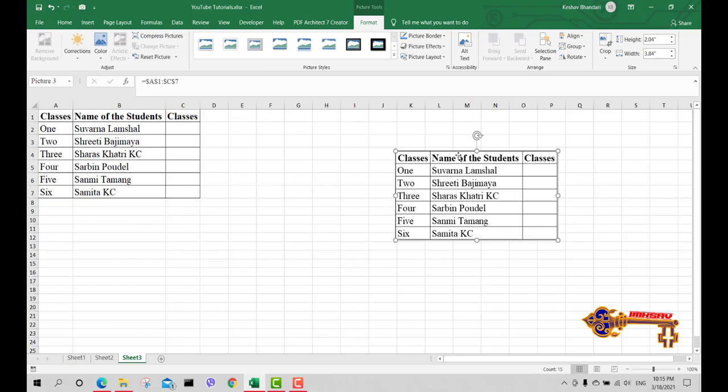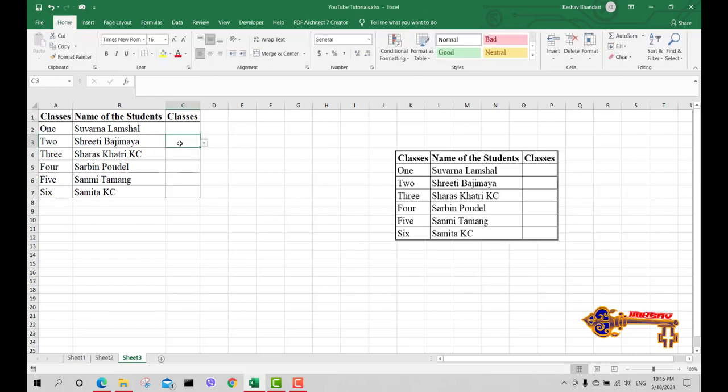So what is the use of it? Whenever I change my previous data, it will automatically reflect in my captured image. For example, I will select here class 4, so it is shown here. Similarly, if I change class 6 to 7, it will be reflected on my captured image also. So in this way we can use